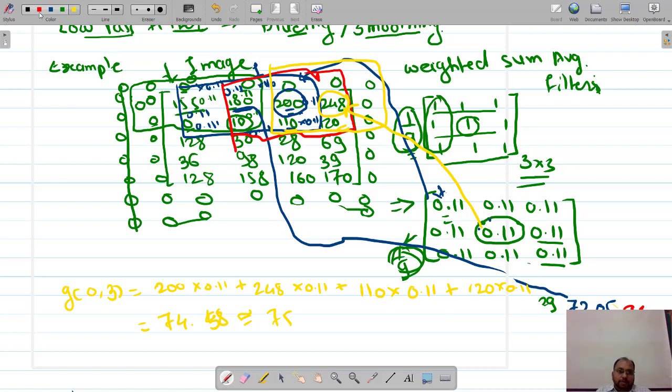So after performing this filtering, that is low pass, weighted averaging filtering, I'll be getting the first row as, what's wrong with this.